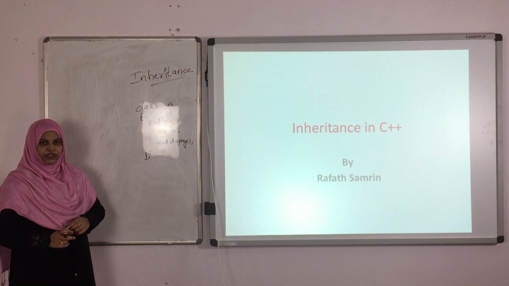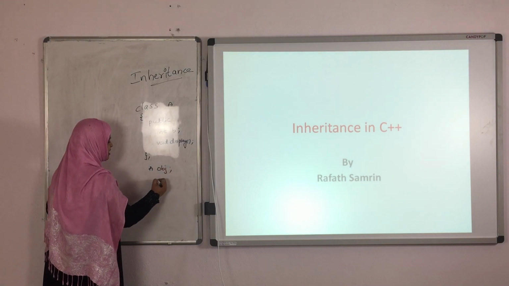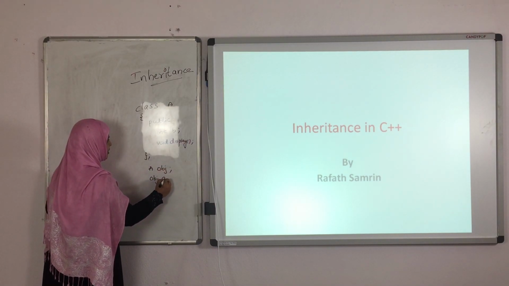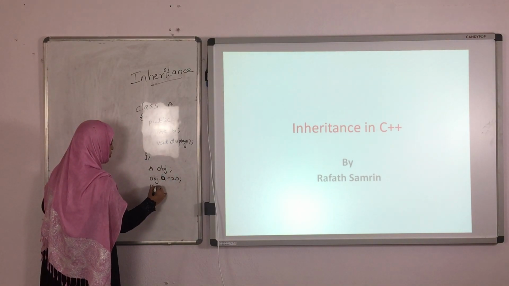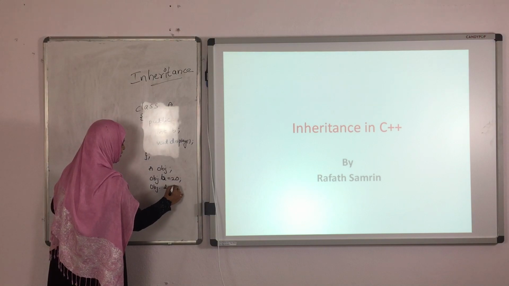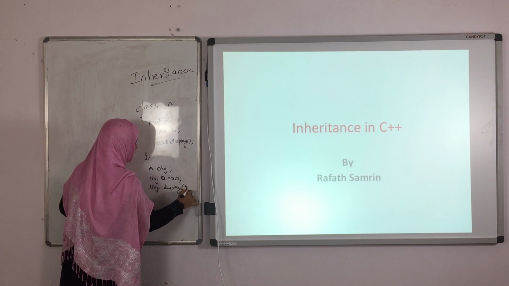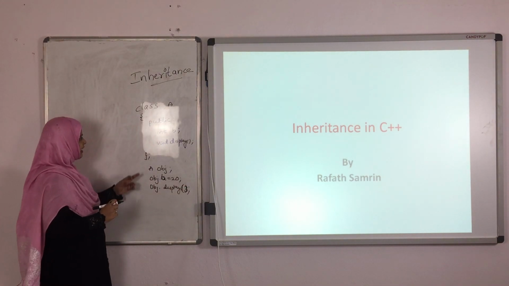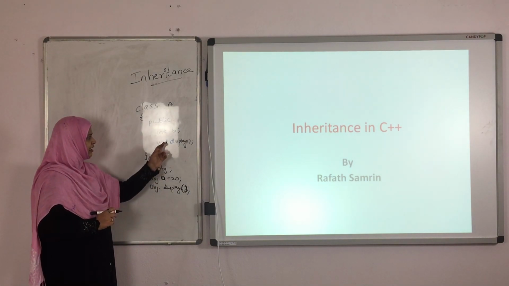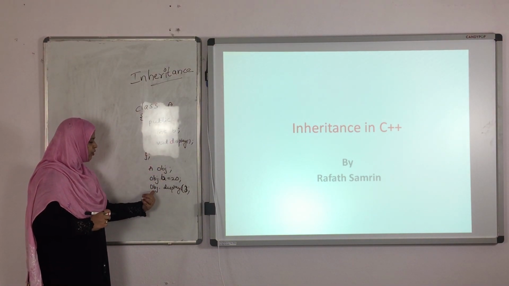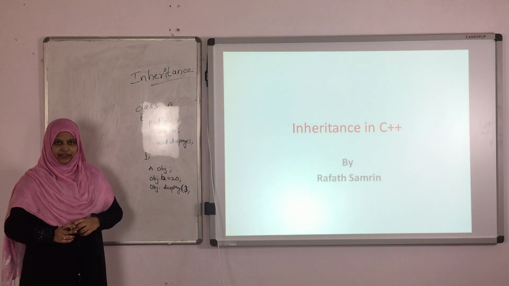We have to create one object. Here I am going to create one object, obj. By using this obj, I am going to access the variable b, that is 20. Here obj dot display, right? I can access this display function by using one object. Obj dot b accesses the b variable, and obj dot display accesses the display function which is declared in class A.